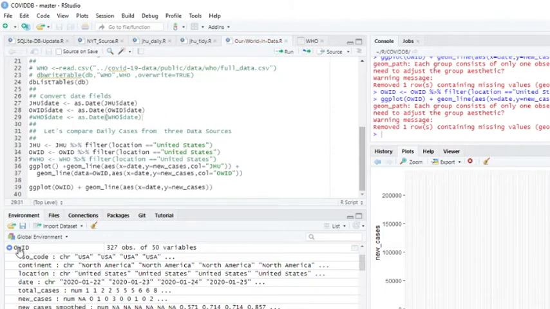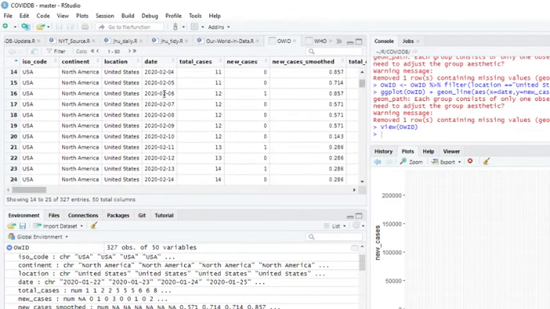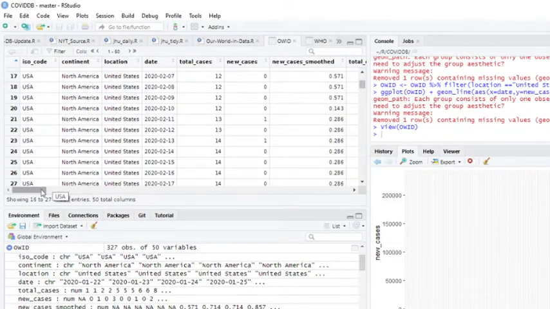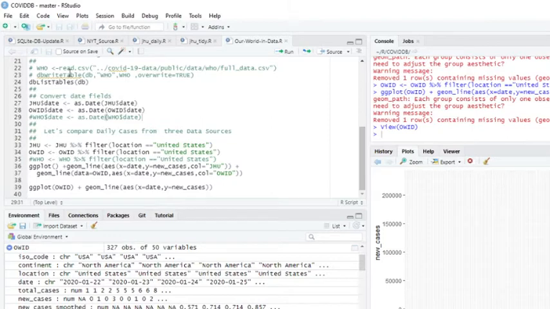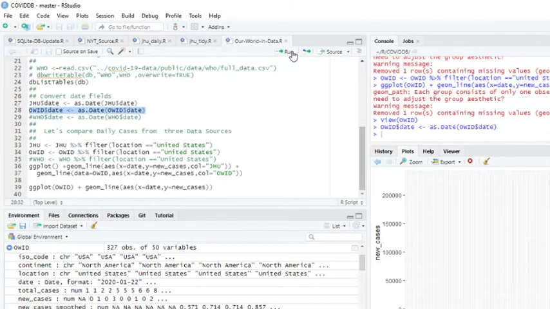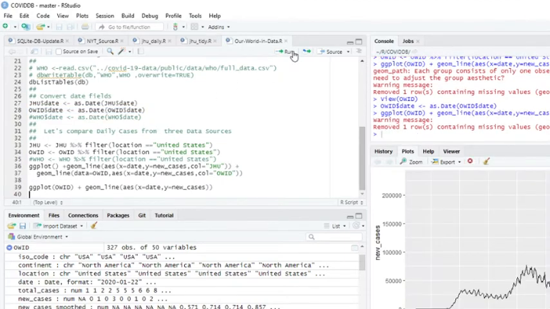So what's wrong with this Our World in Data dataset for the U.S.? Okay, so let's try it back up here.